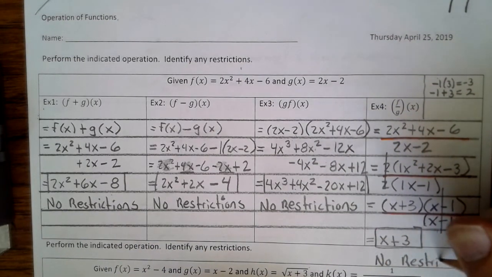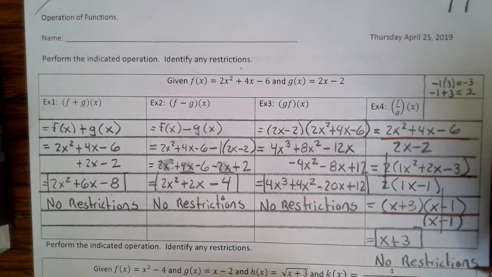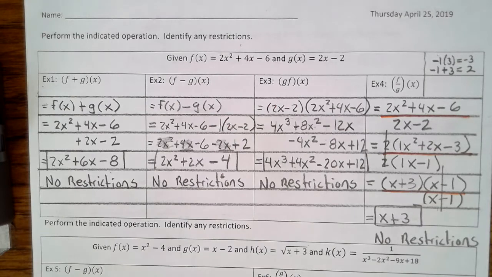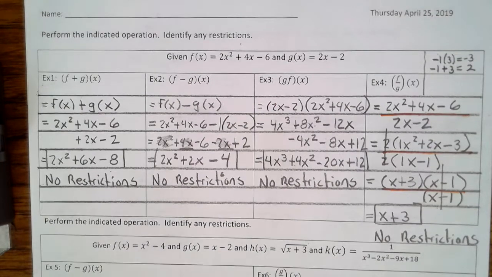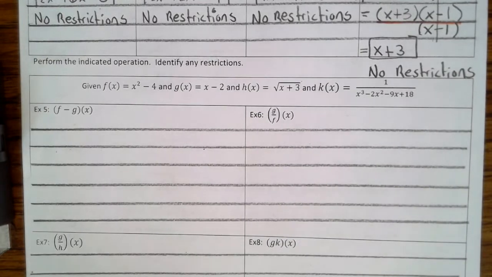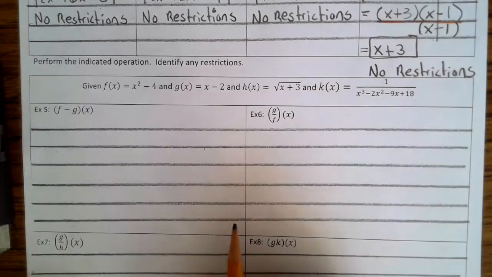Okay, go ahead and finish up examples 1 through 4. All right, now let's take a look at example 5. It says perform the indicated operation, identify any restrictions. So here we have f minus g of x. So that's f of x